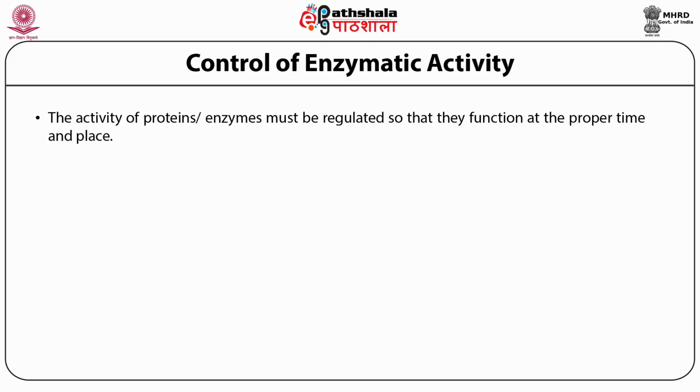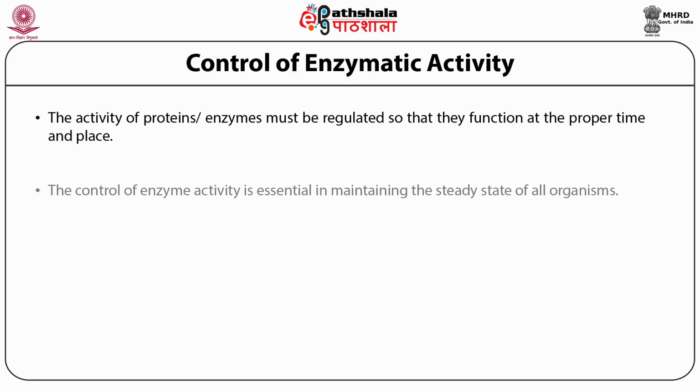They have very nice three-dimensional specificity, so that they can bind very specifically to their own substrate only, so that the reaction can occur in a very nice way. So the activity of protein enzymes must be regulated so that the function of the cell can be easily achieved in proper time, because time is also essentially required. So it can be achieved in proper time and at proper place. So the control of enzyme activity is essential in maintaining the steady state for any cellular organism, because if the steady state is not maintained,